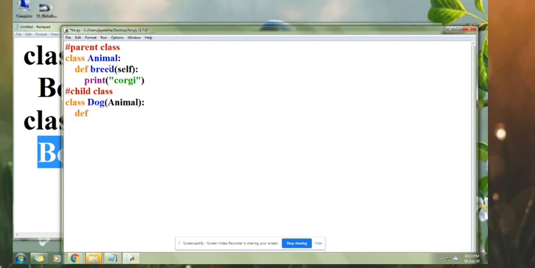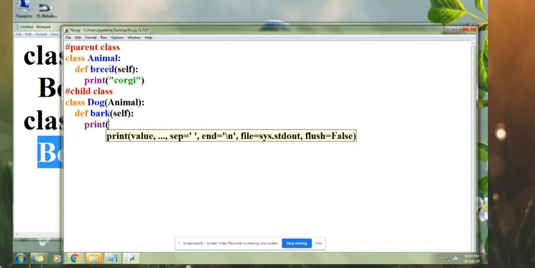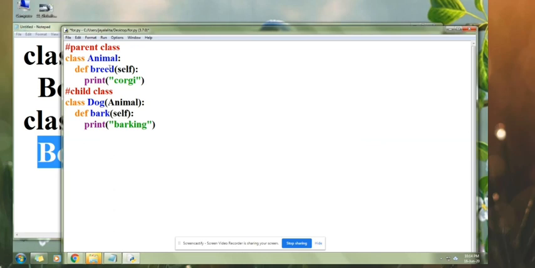The class name was animal, right? So in my child class called dog, I will be writing animal inside the braces, and then I'm declaring one more function called bark, with parameter self. I'm trying to print barking under the child class.